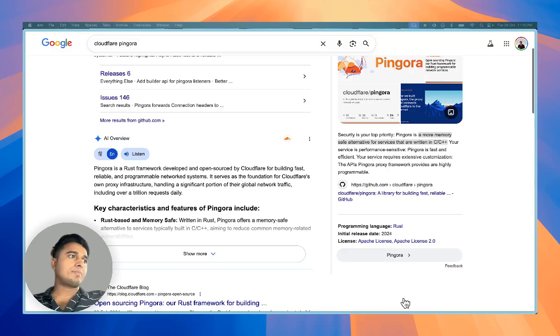If we have any application, let's say a front-end application, and we have a server for it, which is residing somewhere, which is the backend server,